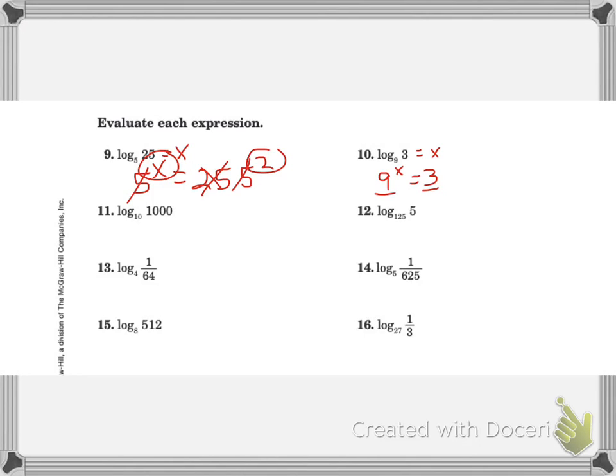And so right now we don't, but I can easily change 9 into 3 squared, right? If I change 9 into 3 squared, I still have an x there, remember? At that point, remember that's an understood 1, okay? We're able to drop those bases and say, okay, 2x must equal 1. Well, if 2x equals 1,